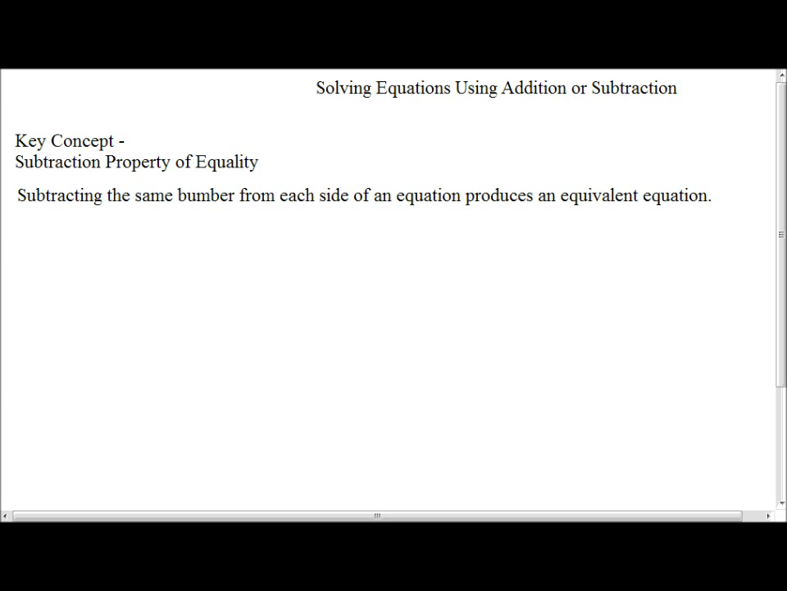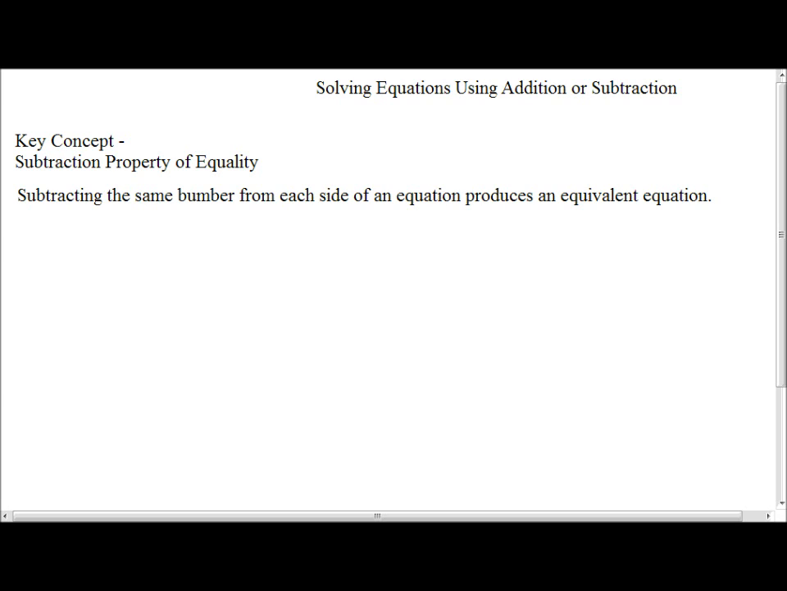We are solving equations using addition or subtraction. Some vocabulary that you'll have to know is equivalent equation and inverse operation. We will definitely put those definitions up for you. Now,